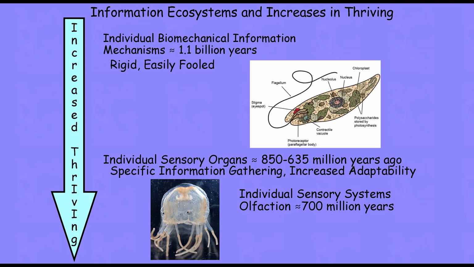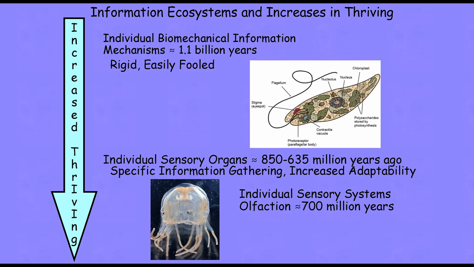I noted in the last lecture module that when we have the beginnings of the evolution of sensory organs and then ultimately of sensory systems that process the information gathered by those sensory organs, starting about 850 to 635 million years ago, we have this dramatic increase both in the amount and complexity of information that organisms can gather from their environment. That information becomes much more specific, and it also tends to increase the range of their informational environment,